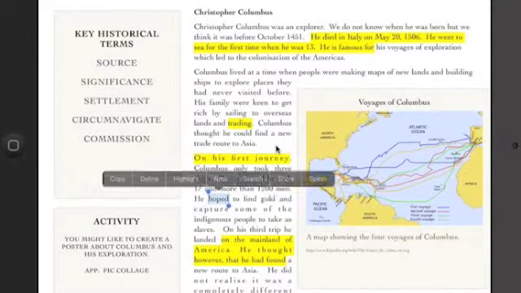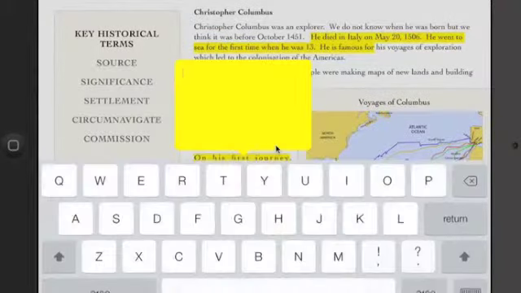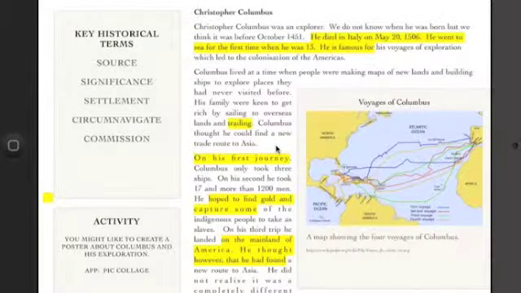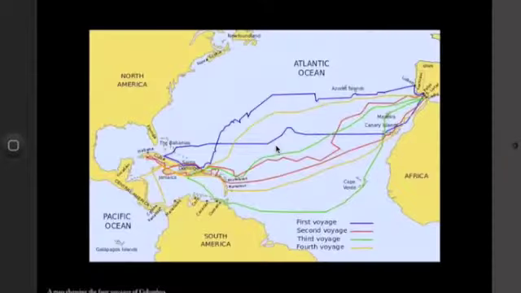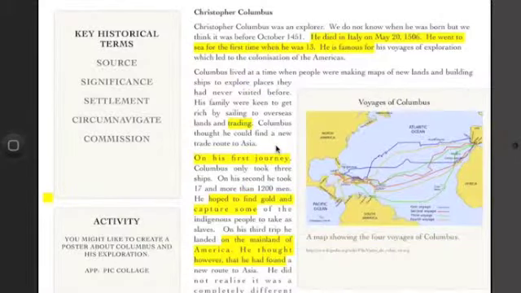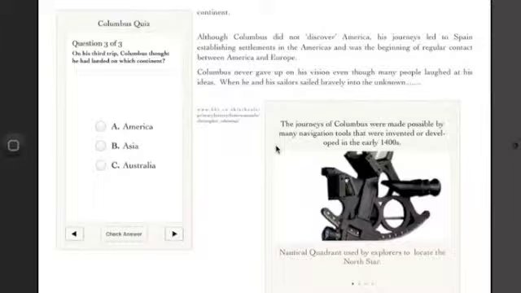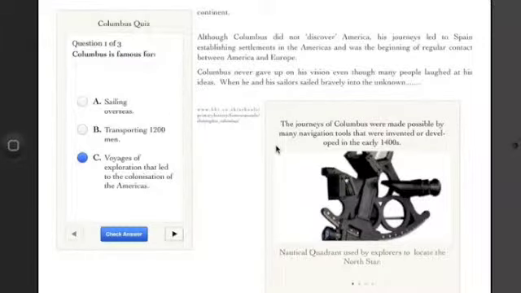I also have the option to create a note where I can type information. There's a map there which I can tap on for it to become bigger. Continuing on, another feature of iBooks Author is that you can embed a number of different types of quizzes in there to check the children's understanding and for them to receive feedback on their understanding as they go through the